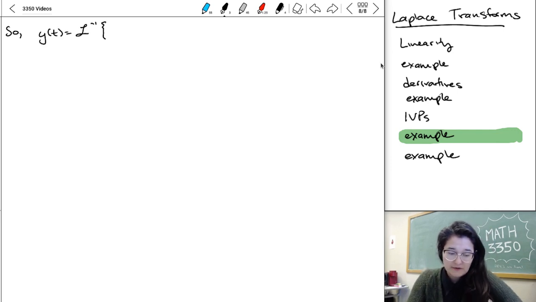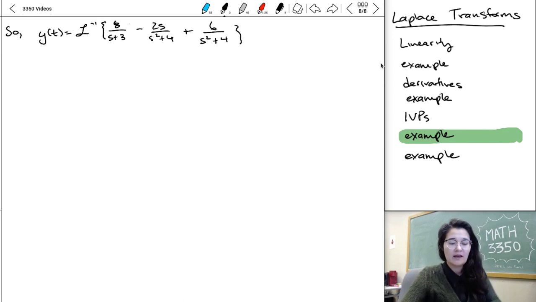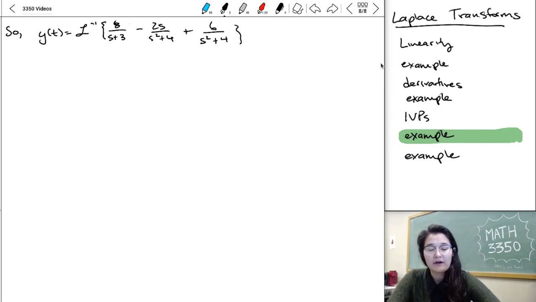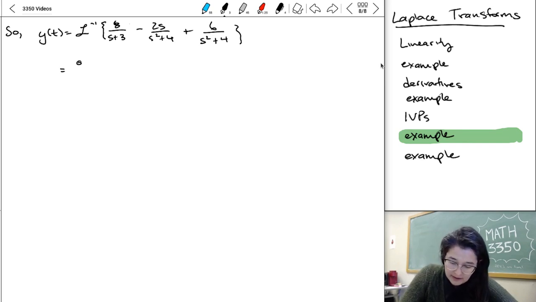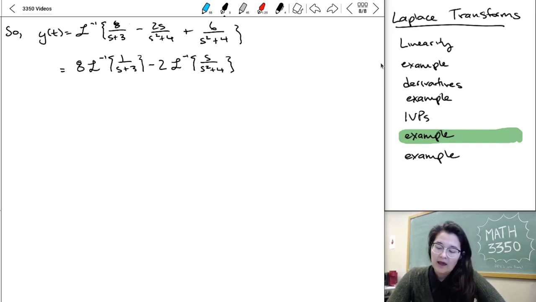But my inverse Laplace transform just becomes inverse Laplace of 8 over s plus 3, minus 2s over s squared plus 4, plus 6 over s squared plus 4. And here we're going to do like we had at the very start of this video, where we use linearity and special constants to make this look like something we can take the Laplace of. So I'm going to pull out my 8 here. I'm left with L inverse of 1 over s plus 3. I'm going to pull out my 2 and be left with L inverse of s over s squared plus 4. And then for this last term,